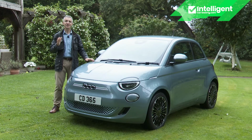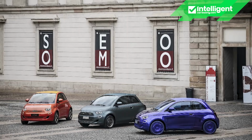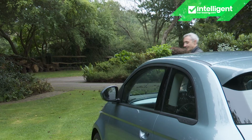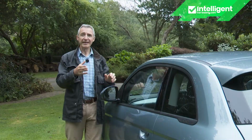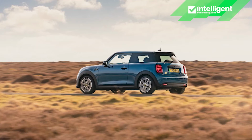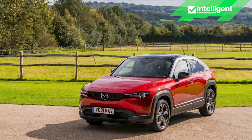For Fiat, this new era 500 EV has to work. Globally, this model line is, after all, the brand's only truly successful product range. If it fails, Fiat fails with it. That isn't going to happen, and the reason why is that this car is as much a game changer as the 1957 original. At the stroke, it embarrasses rival brands like Mini, Honda and Mazda, who claimed it wasn't either